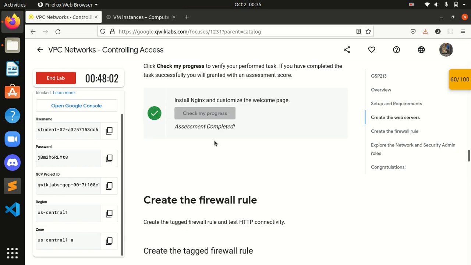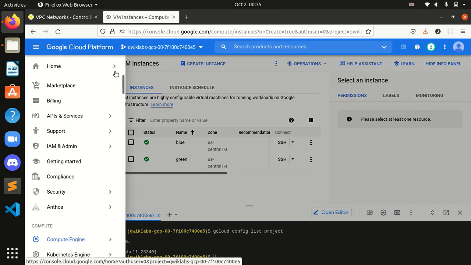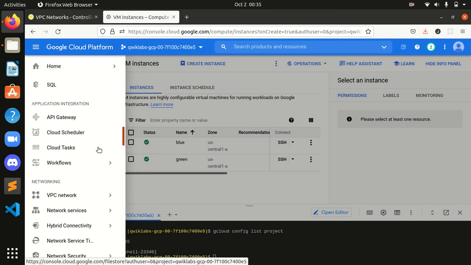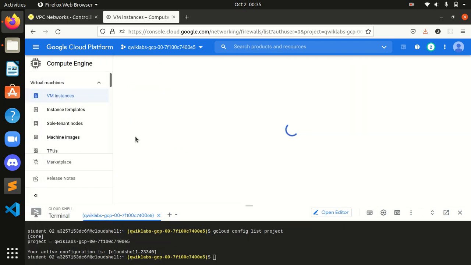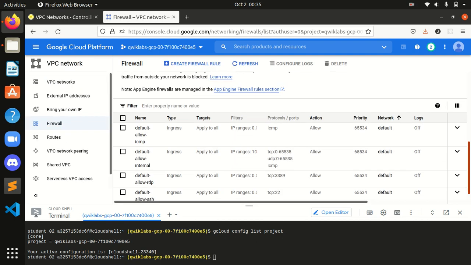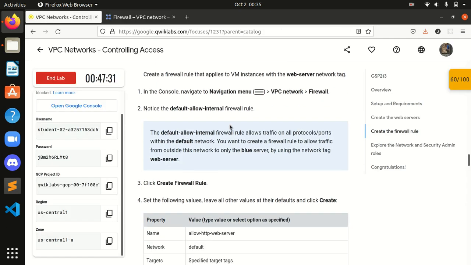Now guys, we have to create a firewall rule, and for that we have to get into VPC network and firewall. Okay, from here I will start VPC network, and firewall. Okay guys, from here notice the default allow internal firewall.